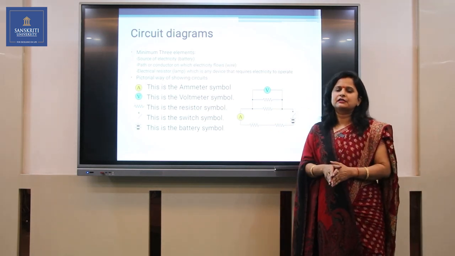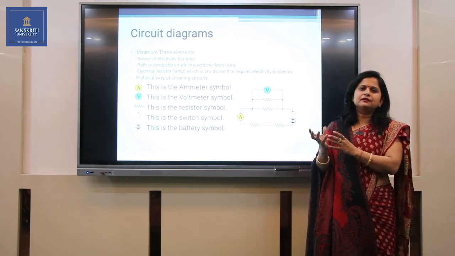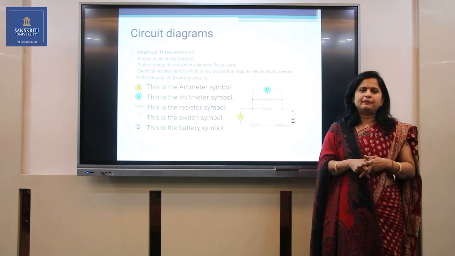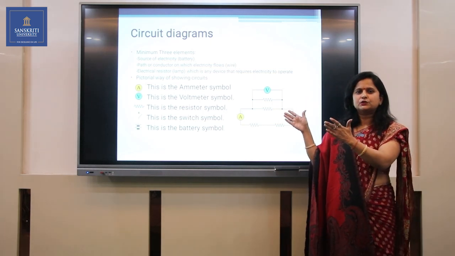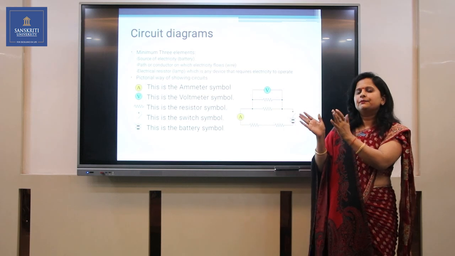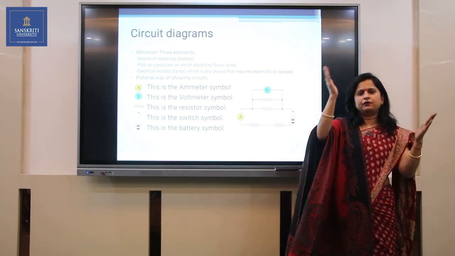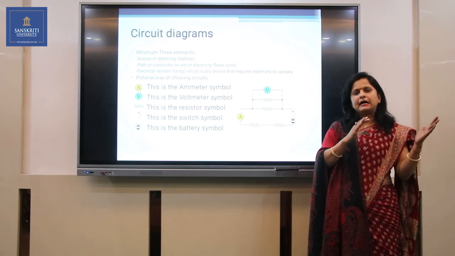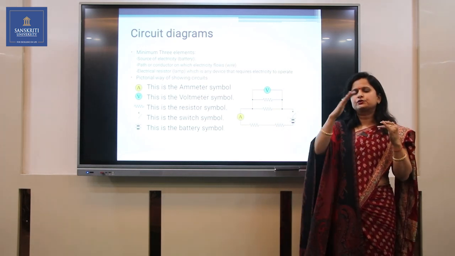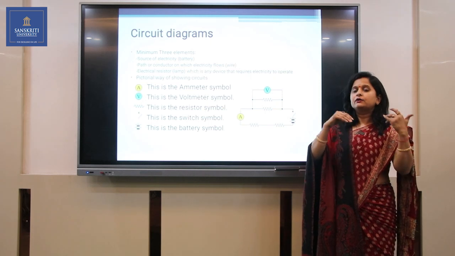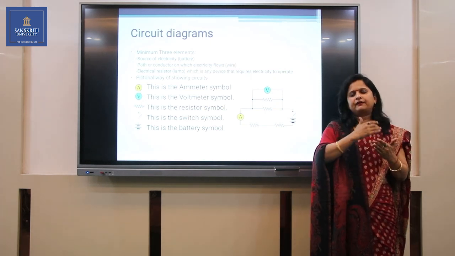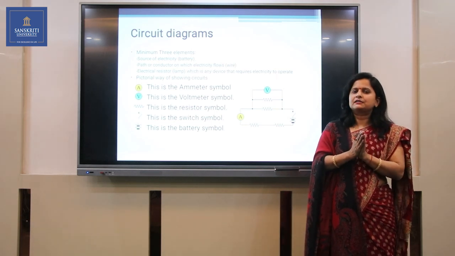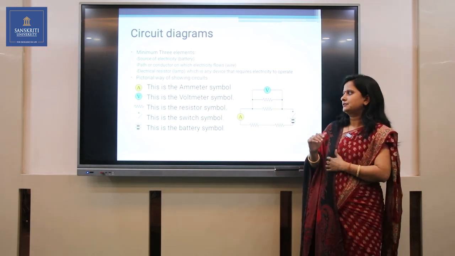The third element of a circuit is load, which is basically consuming that electricity. If you are talking about our home appliances, there is a main board or main switch at our home. So that is basically the source part. The wiring of all of the house wiring is called the path from which the current is going towards all appliances. And all the loads or appliances like fan, TV and refrigerator, all these are loads. So there are basically three components in any electrical circuit.